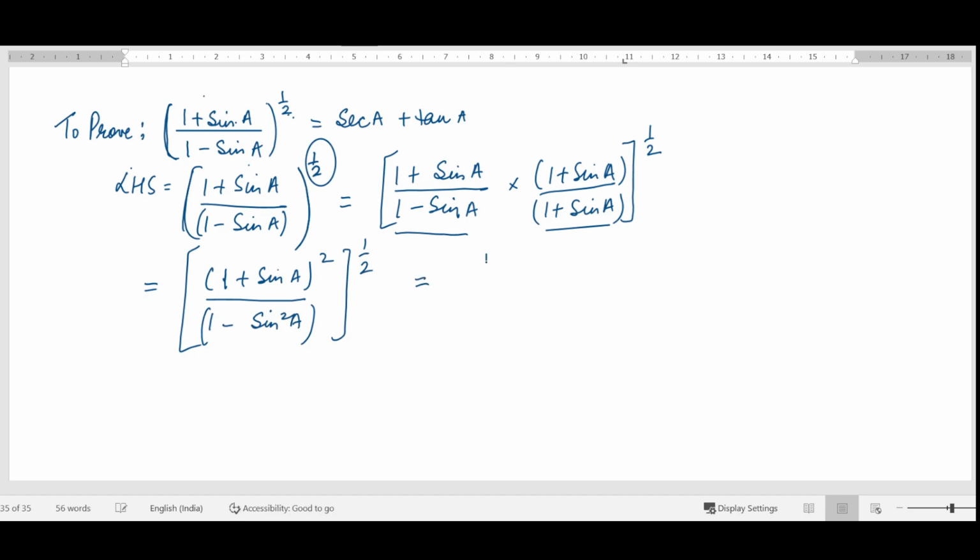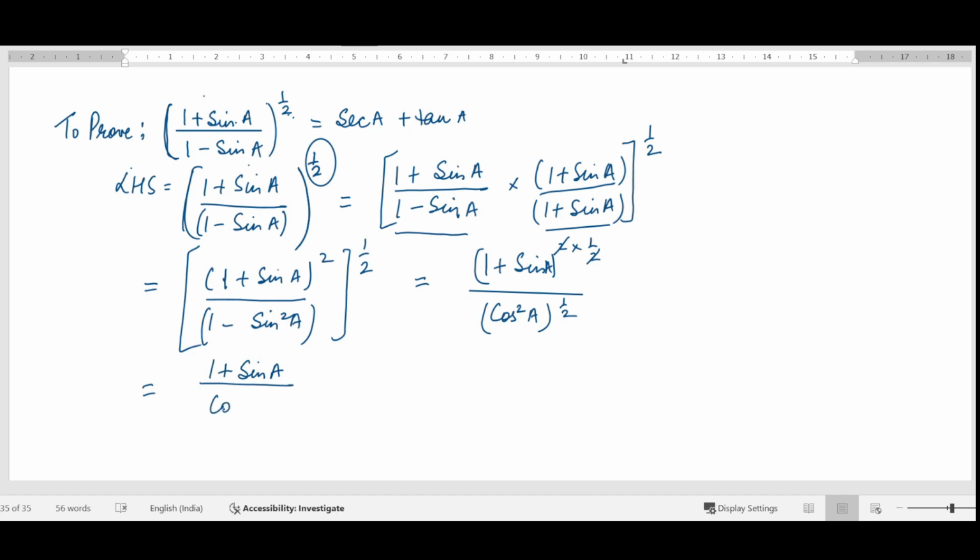This is equal to (1 plus sin A) whole square into 1 by 2 upon 1 minus sin square A, which is cos square A. So cos square A whole to the power 1 by 2. This is equal to, 2 will cancel and we'll get 1 plus sin A